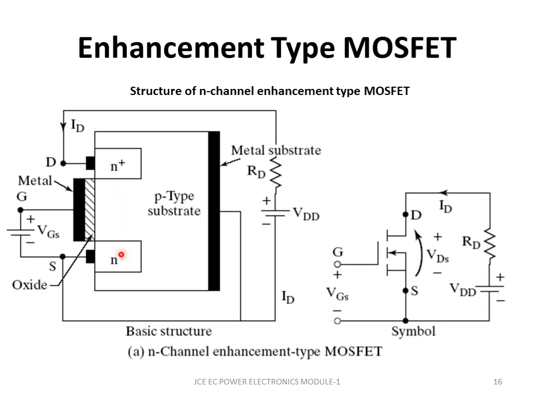If that is not there, what happens is when I give negative voltage, or when I give 0 voltage, first of all, there is no physical channel here. So even if I give VDD, the drain current cannot flow because it doesn't get any channel to flow through. This channel will be formed if I give positive.